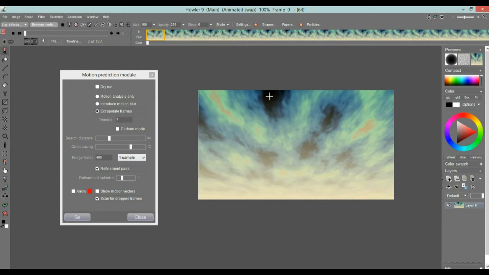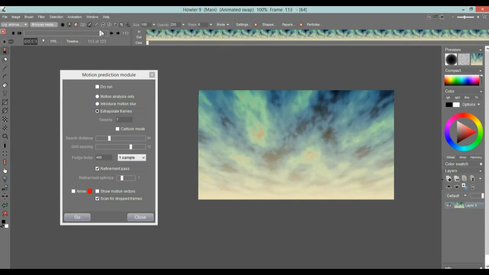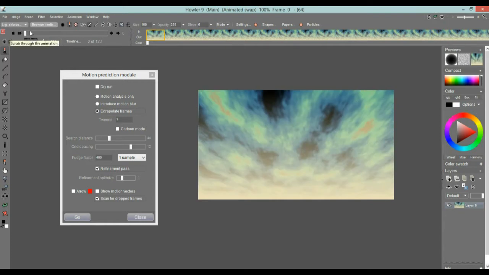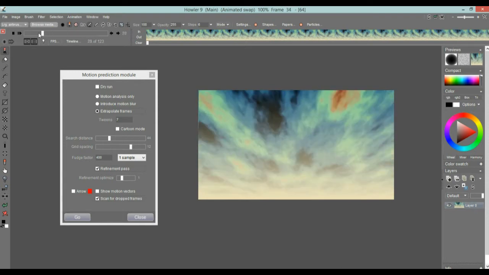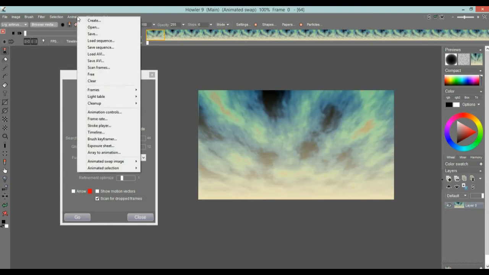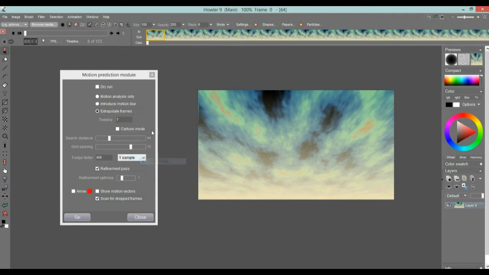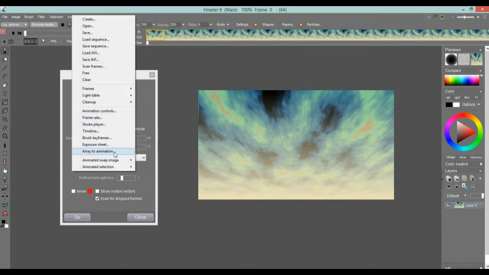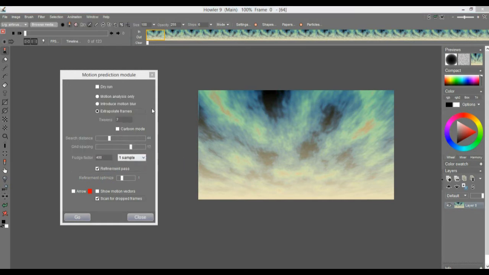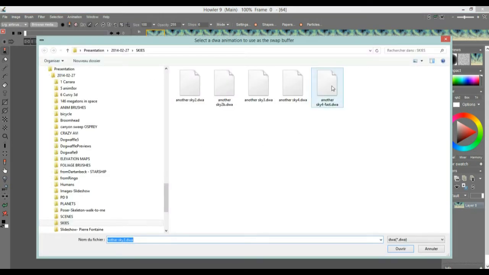All right. So now the idea is to take this animation and displace it by itself. I can do that by loading this animation into the swap buffer as an animation. Under the animation menu, animated swap image. I actually did that earlier, so let me uncheck that. It was a different animation. Let's go do that again now. Animated swap image, open DWA, or an AVI file if you saved it as an AVI. But this one here I'll save as I open the DWA, which is the same one, so that's the fast,